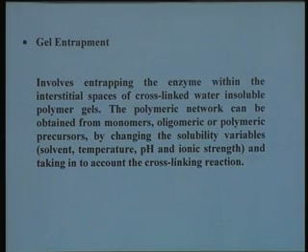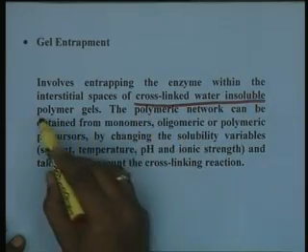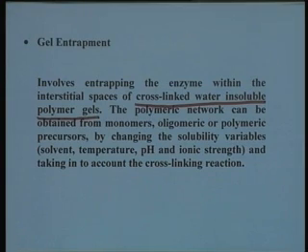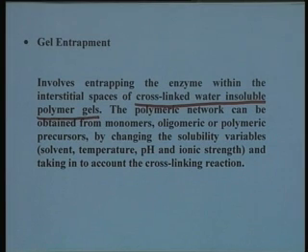Now, looking at the first method, gel entrapment, it involves entrapping the enzyme within the interstitial spaces of cross-linked water insoluble polymeric gels. In most cases we start either with a monomer or a water soluble polymer. We start with a monomer unit, and only in those cases where the polymerization can be carried out under mild reaction conditions in the presence of enzyme. The monomer solution, which is usually water soluble, is mixed with the enzyme solution, and conditions are created so that polymerization can take place under mild reaction conditions, of course with the help of a catalyst or initiator or some other conditions, and a network of polymeric gel is formed which is water